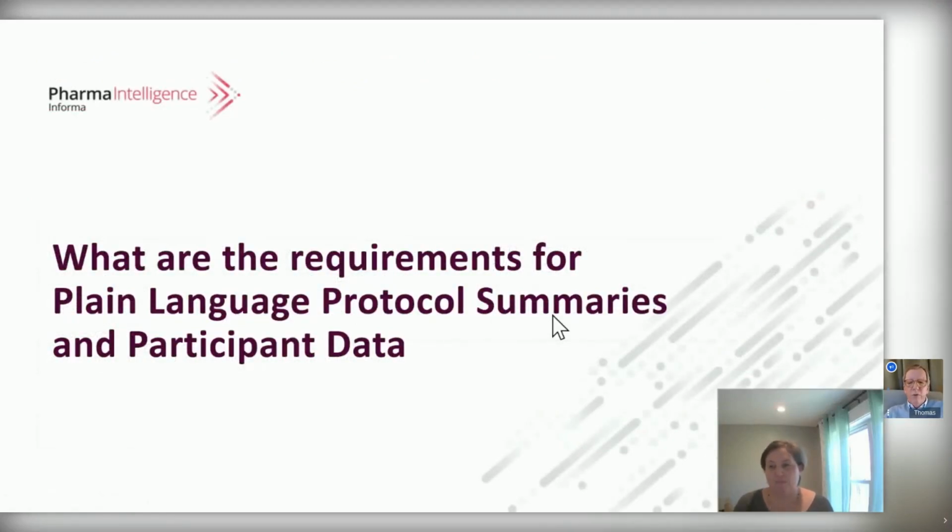I think just to give that overview, which is, what are the requirements, Francine, for plain language summary and participant data? So protocol summaries and results data. Right. So